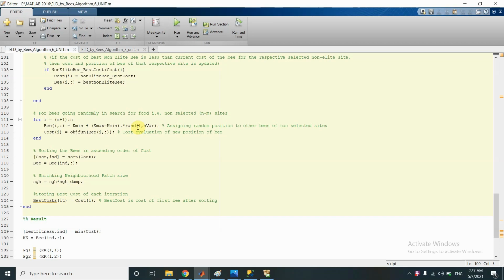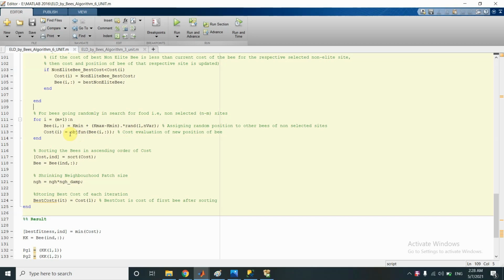And we will do the same thing for the other 5 dimensions to get a row vector containing the positions in all the 6 dimensions. Then once we have the position, we will calculate the cost by passing that row vector into the objective function. Now after the cost of the remaining bees that were sent in random direction has been found,